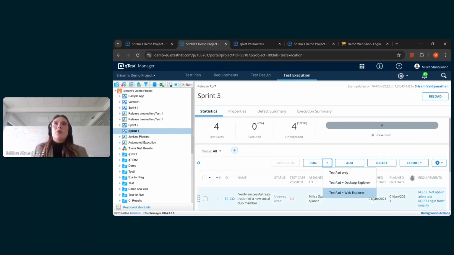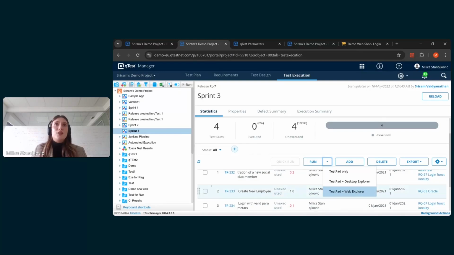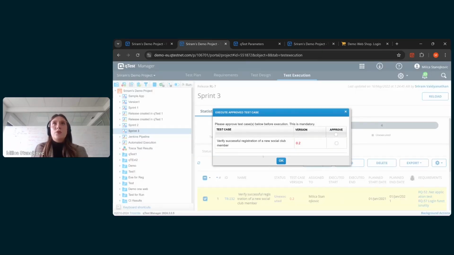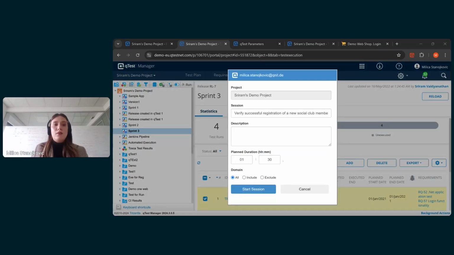Let's say if you want to execute a test case, you would first need to select it and then click on run, and you can choose any option. For example, I would like to start execution with testpad and web explorer. By doing so, you can see that we need to approve this test case first. And what this does,